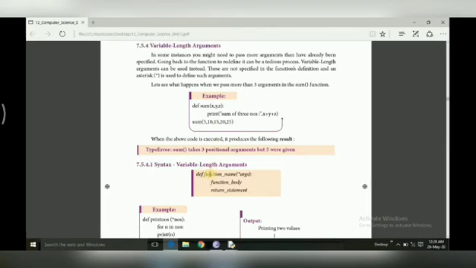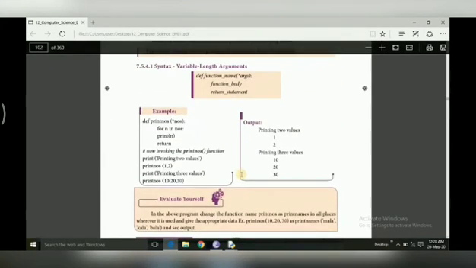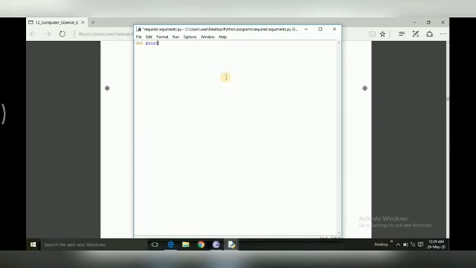This is a little different, children. See the syntax here. The def keyword is used, then the function name, and an asterisk is used here. We will see an example, children, so that you can understand clearly. I am typing the program here: def print nos as the function name, with asterisk nos as the arguments.